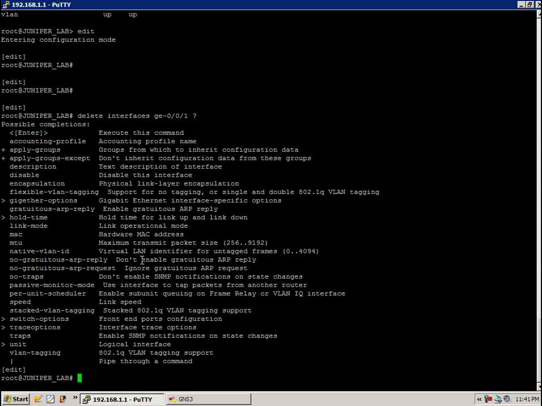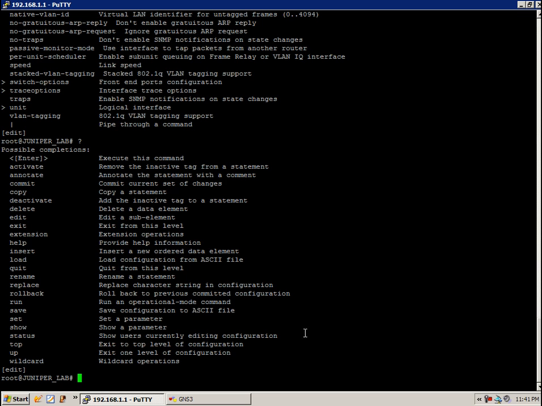So the way we actually activate the interface is with the activate command. If we do a question mark, we can see that it's the very first option. This is telling us that this is going to remove the inactive tag from a statement. So if I do activate interfaces GigE 0/0/1,